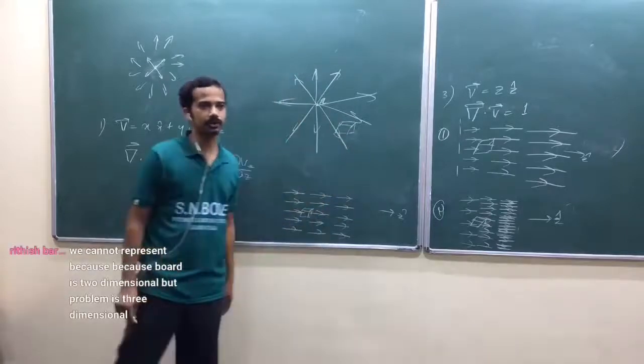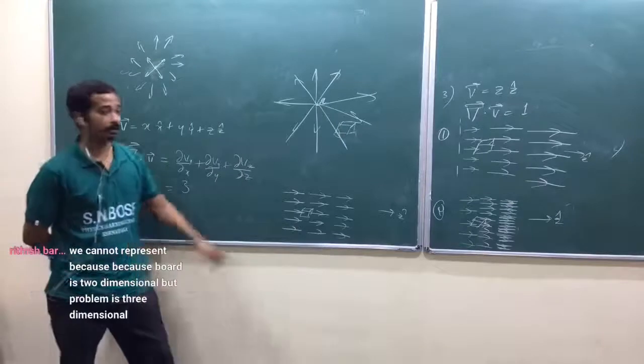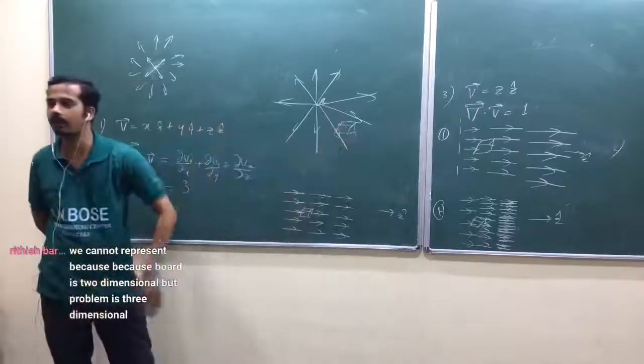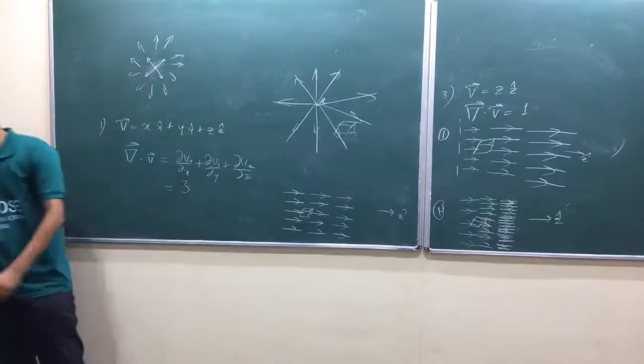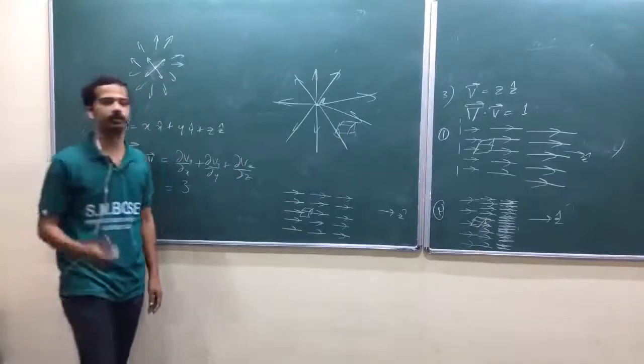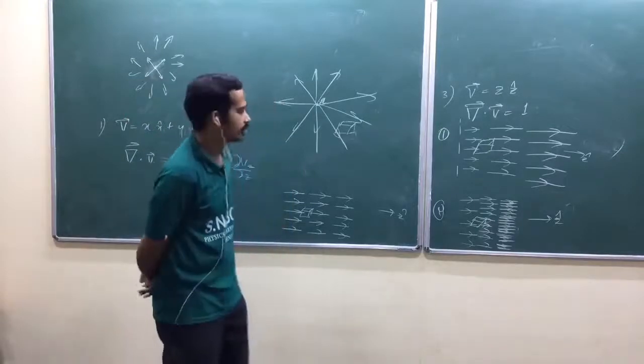That's why divergence is 0 other than the point of charge, and we shall first show divergence is 0, then we shall discuss what is the property of electric field. That's best, right? Is that okay? Whenever I define property of electric field, the question comes, how did you say like that, isn't it? So we shall define in a reverse way.